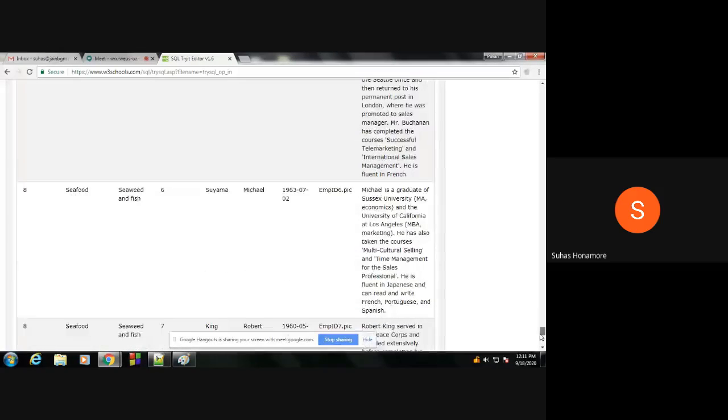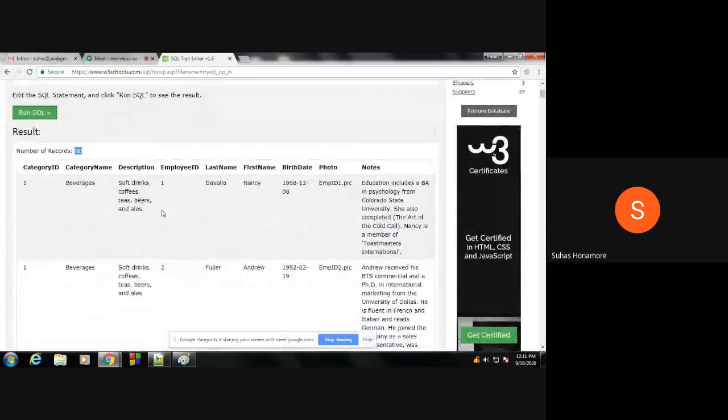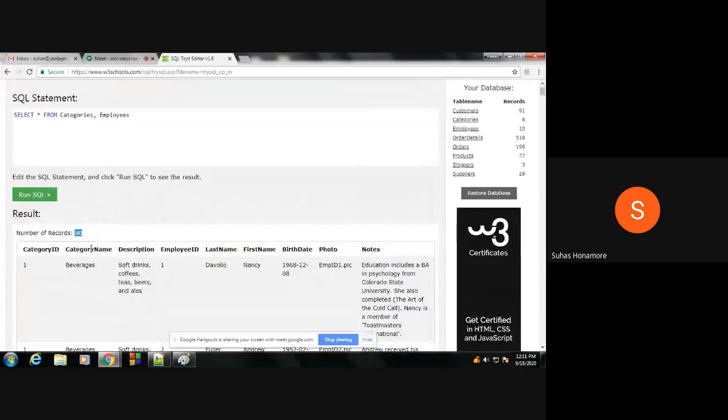This combination we are getting. And if you see the columns, 1 2 3 4 5 6 7 8 9, we got 9 columns and 80 rows.